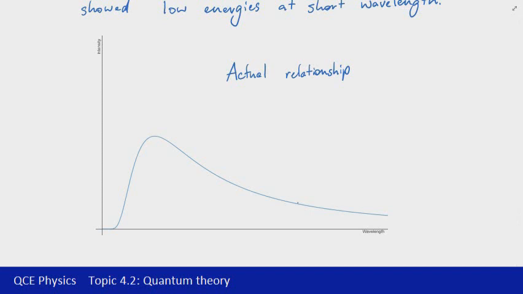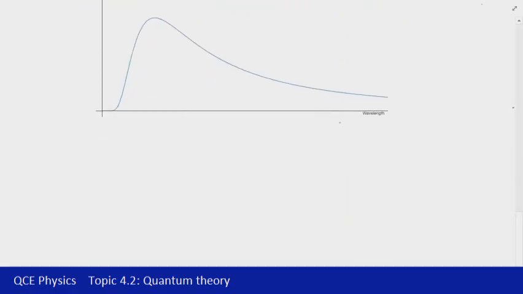for those short wavelengths. In further investigations of blackbody radiation, there was actually a relationship that was determined between the temperature of the blackbody and the wavelength at which it was radiating most. So we'll just make some notes about that briefly. That idea is one that helps to describe the spectrum that's going to be released by a blackbody and the peak wavelength at which it's going to radiate.